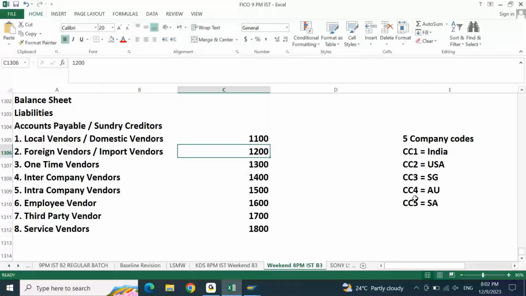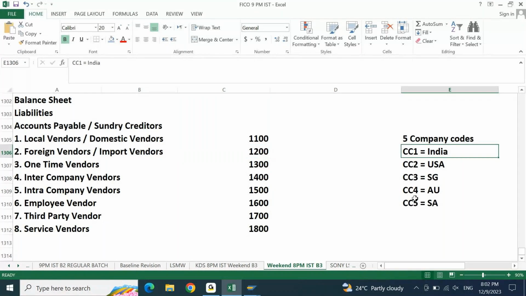Okay, now coming back to this, understand that vendor account group is a client level setting. Once you create it, any company code can use any account group. There is no restriction because this is created at a group level. Group level is nothing but client level. All the company codes of your client will use the same account groups of the vendor. Now for every vendor account group, you need to make sure